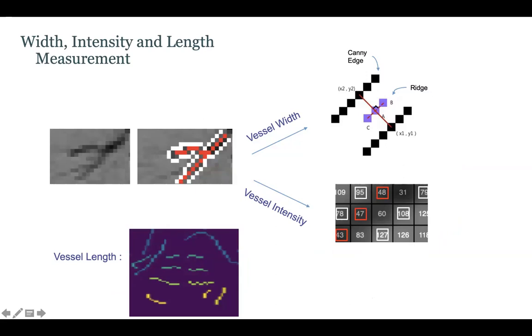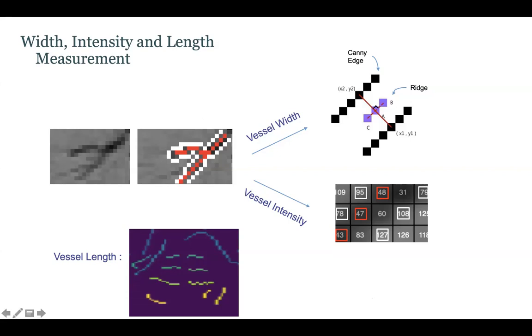Then we use ridge detection and Canny to get the Canny edge and ridge. You can see the red line is the ridge and the white line is the Canny edge. And then we use the ridge and Canny edge to compute the vessel width,